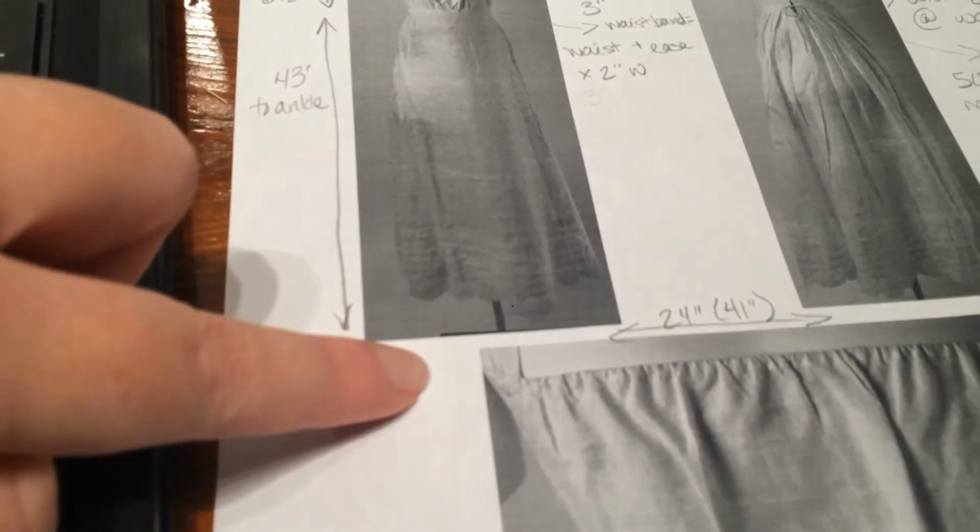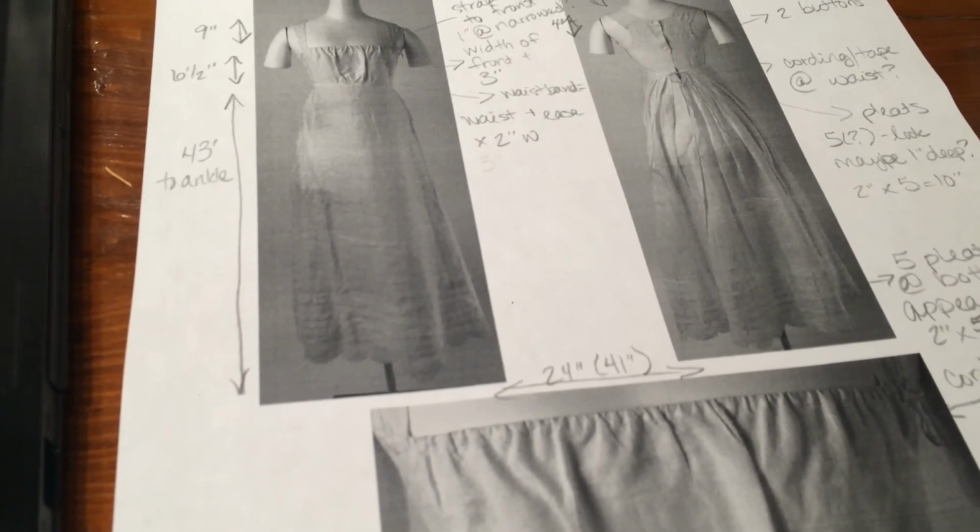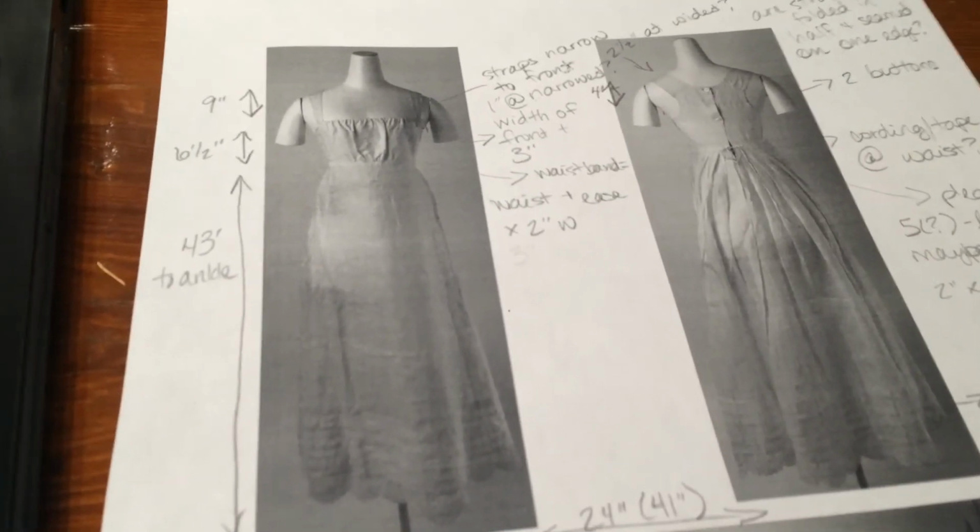So after I take off the amount for the eyelet and the amount I wanted above the hem, then I would add those 10 inches on and my seam allowances. So just to take you through the thinking process, the only thing that's puzzling me on this